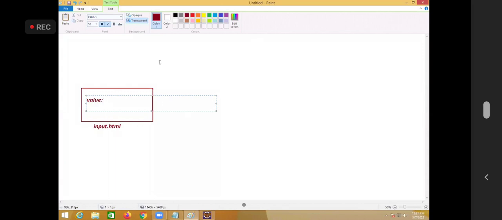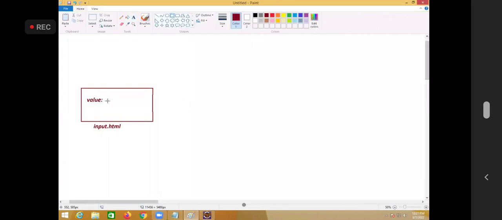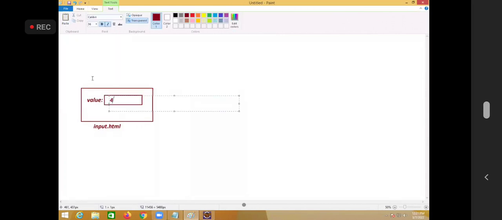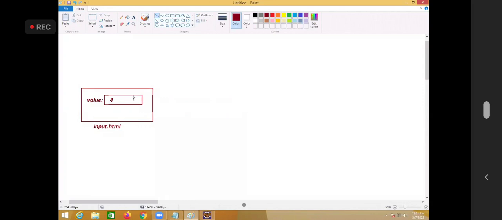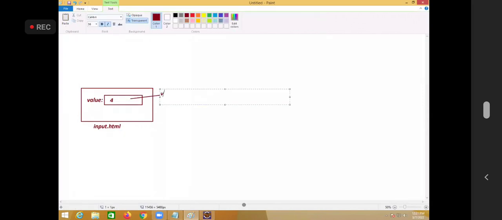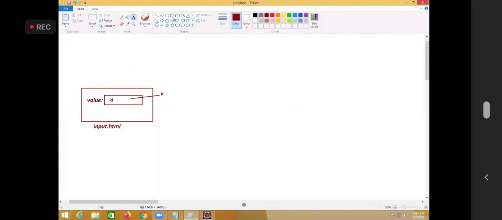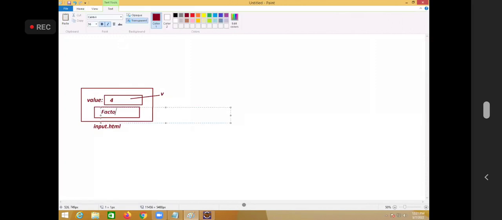I am entering some value, say 4. The parameter I am taking as v. Here is a button, find the factorial. And here, action is equal to